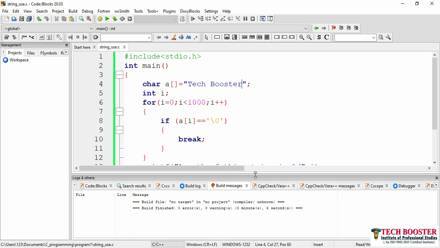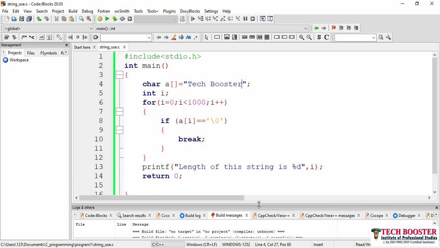So guys, I hope your assignment is clear, and now you are clear with what is string and how to use your string. So with this, I will be winding this video here. Hope everything is clear, and even if you have any doubt, you can just go through the video and definitely everything will be clear for you.